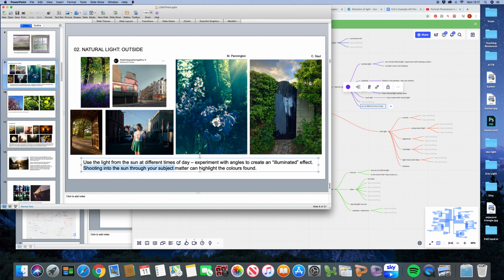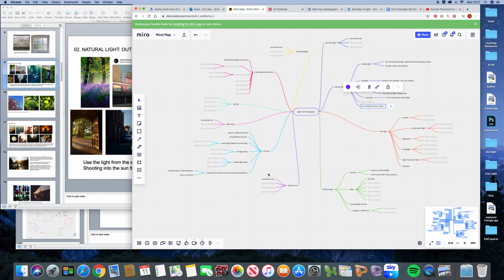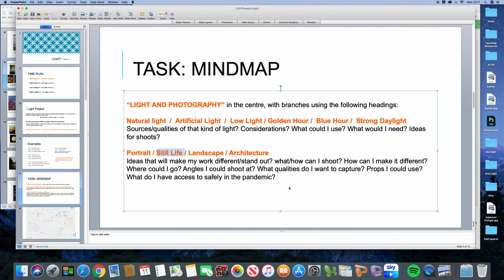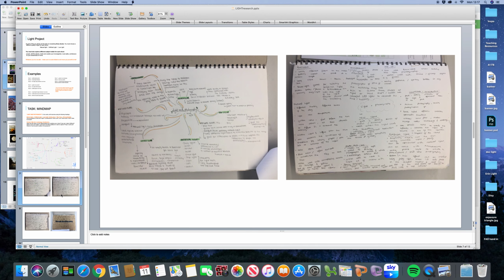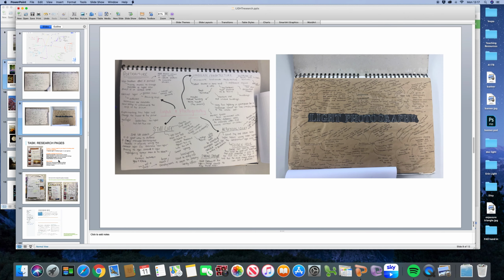So you get the idea, you work your way through and you populate that whole mind map, and then everything that you need to include is on this slide here. So this is all in the PowerPoint, and this section is my ideas for those different subject matter. So as a student, what I would like to do for portraits, what I would like to do for still life, what I would like to do for landscape, etc. So if you want to, you can do the mind map in your sketchbooks, I don't mind. There's some examples from last year. And then what you want to do is put it in